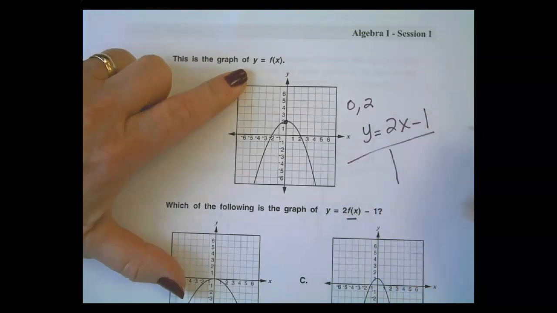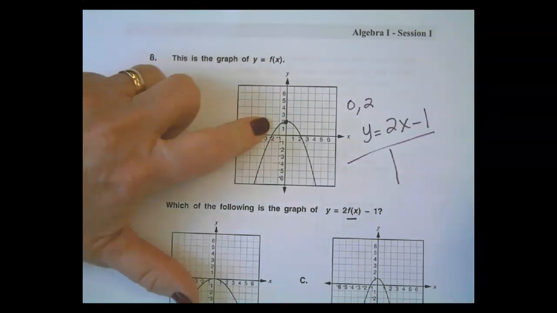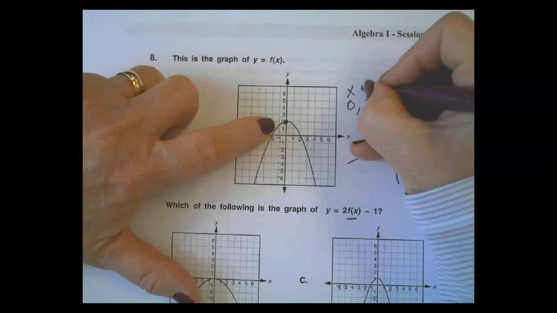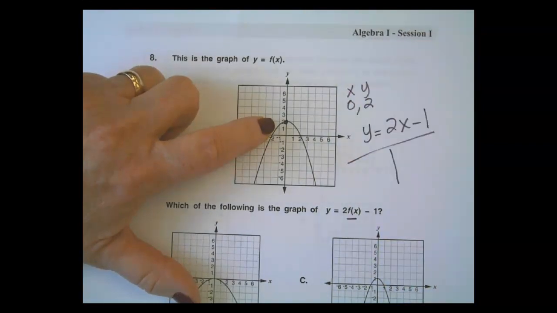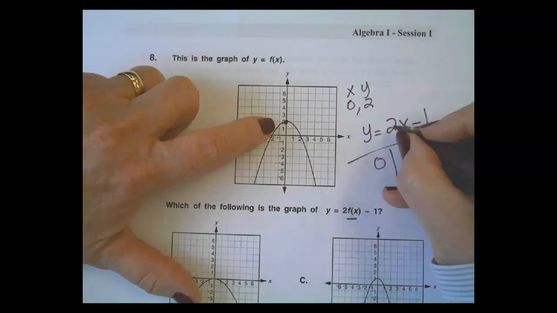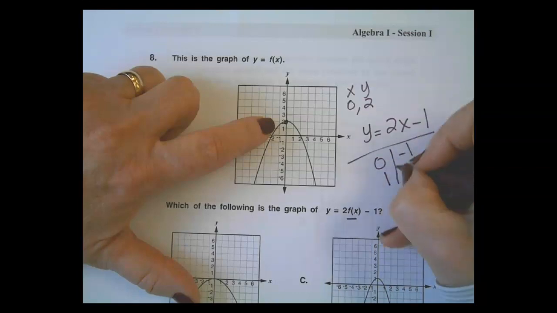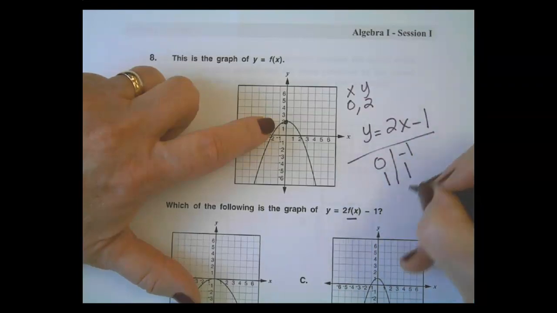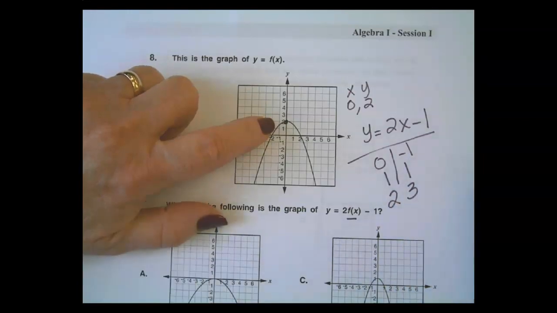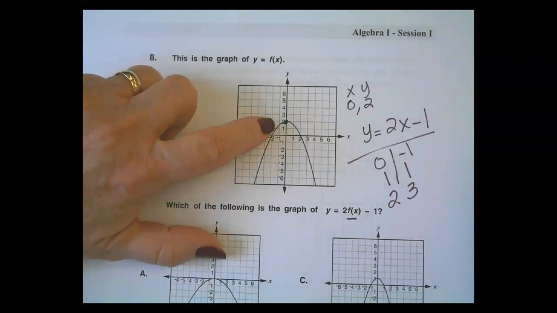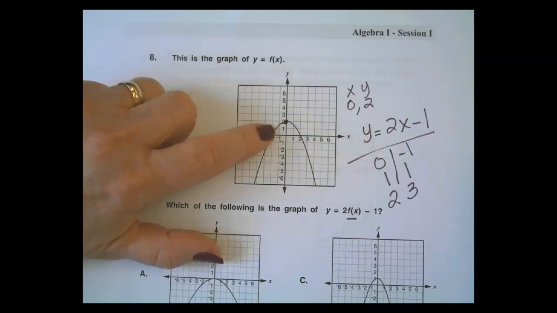I need to make my table. So I'm going to plot these points in. So this was my x, this is my y, correct? So if I put a 0 here, I'd end up at -1. If I put a 1 here, 2 times 1 minus 1 gives me a 1. If I put a 2 here, 4 minus 1 is 3. And so I'm going to see which one has that point. 0, -1. I'm taking my x value